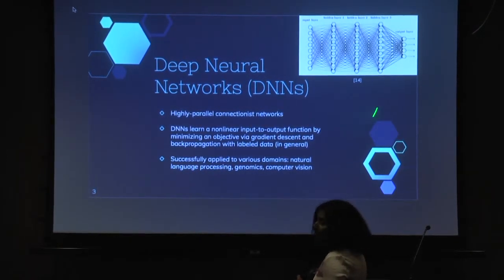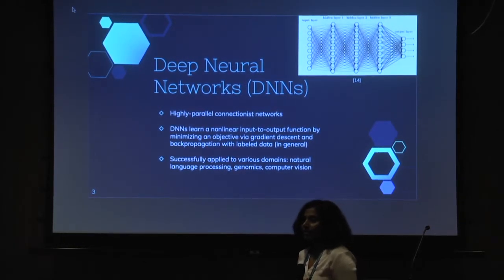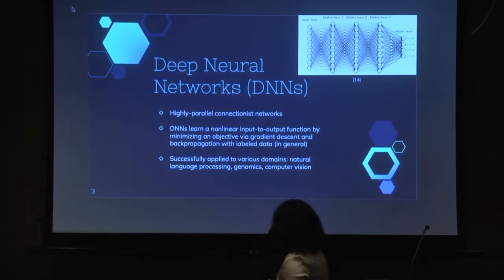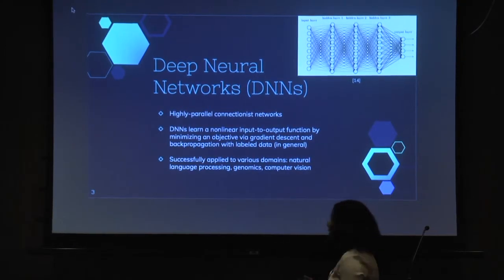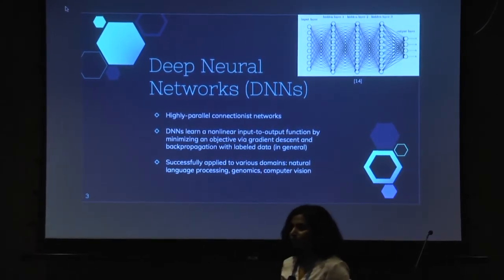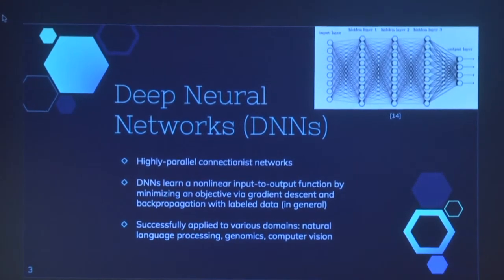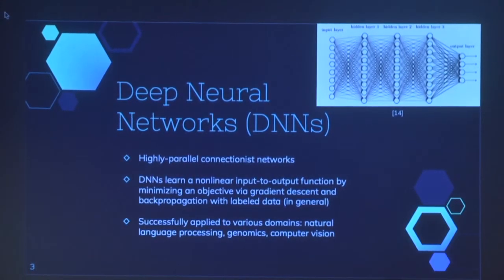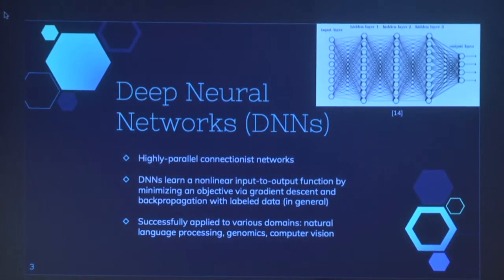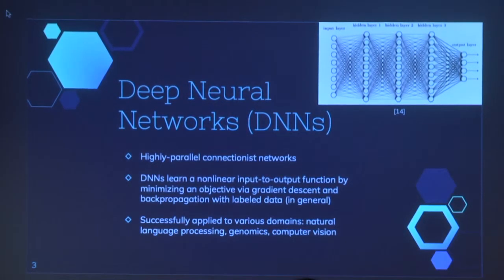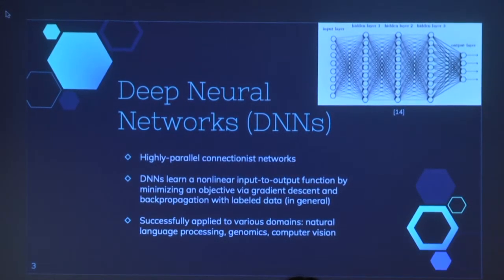If you look at a deep neural network, these are highly connectionist, dense networks, and they're doing prediction models for tasks like classification or regression. In general, DNNs learn some nonlinear input-to-output function by minimizing an objective. This could be done in a supervised, unsupervised, or semi-supervised fashion. The most general approach is to minimize these gradients using backpropagation with labeled data. And of course, I don't have to emphasize that this has been very successful in multiple domains, including vision, NLP,